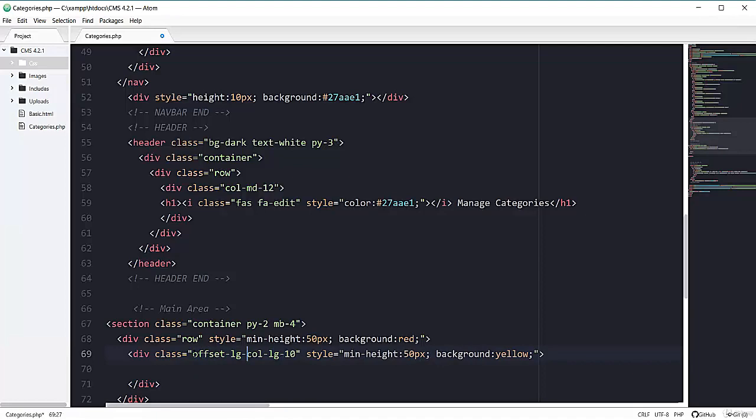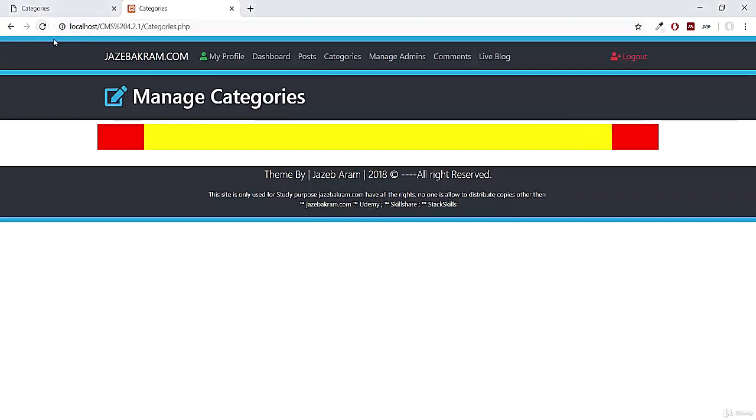It will be LG because we are sticking with LG here, and 1. So it will offset one column at the beginning, and then it will have the 10 column. So if I refresh my page, you can see now it has one column here, one column here, and the 10 columns in the yellow color.